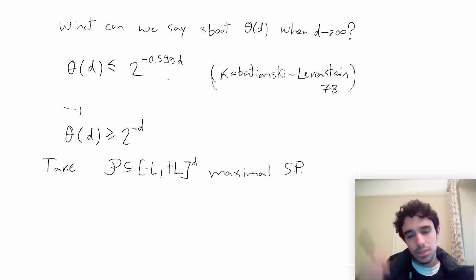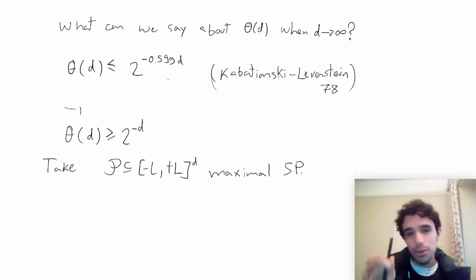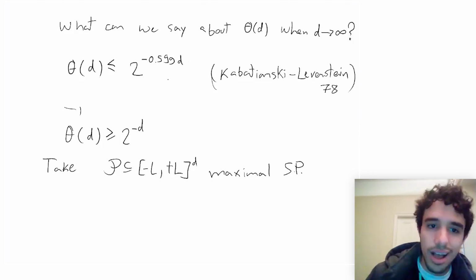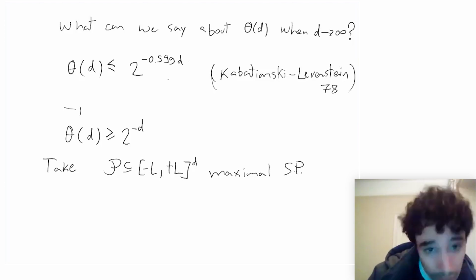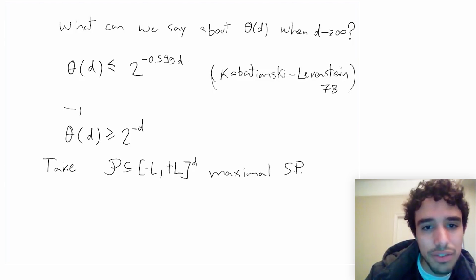Plus little o. So all the results I'm stating here are going to be asymptotic. Sometimes I might not put the 1 plus 0.01, but assume all the results have a 1 plus 0.01 in case I don't put it. And for lower bounds, there's a general lower bound of 2 to the minus d that is easy to show